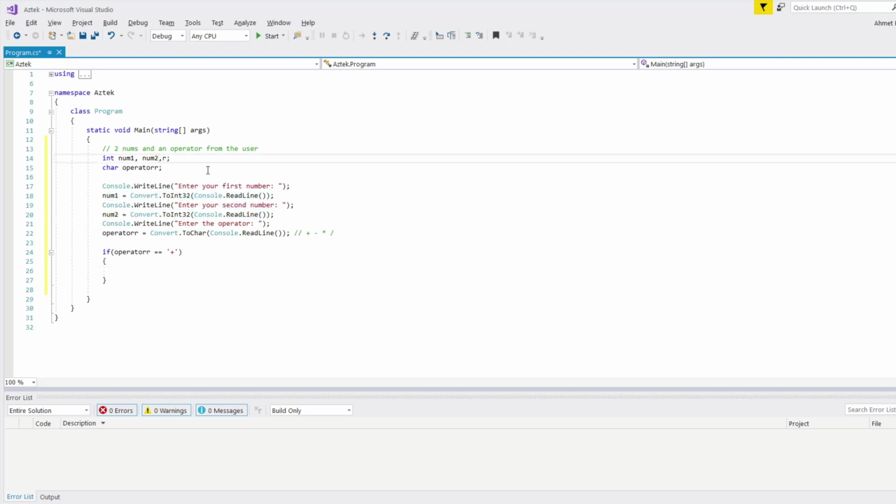I can just create some result variable and add the result of this to my result variable, but instead of doing this, I can just Console.WriteLine num1 plus num2, right? Why is that? Because I can do my mathematical operations in my Console.WriteLine command. Then again, I need to check for the operator again. Let's just say else if, so if my operator isn't the plus sign, let me just copy this actually